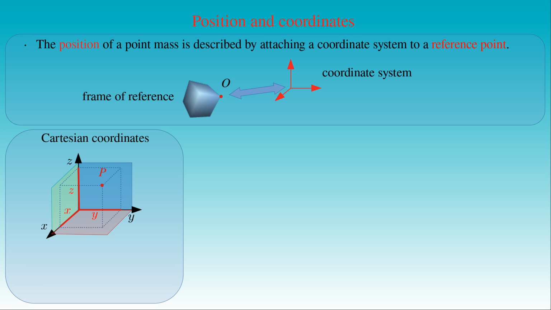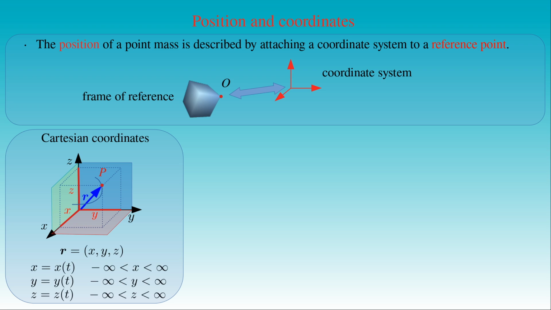In this coordinate system, the curve along which the point mass moves can be described with the Cartesian coordinates as functions of time. The position vector r of the body at any point P on the curve is represented with the coordinate functions x(t), y(t), and z(t). By the definition of the coordinate functions, their ranges run from -infinity to +infinity, covering the entire space.